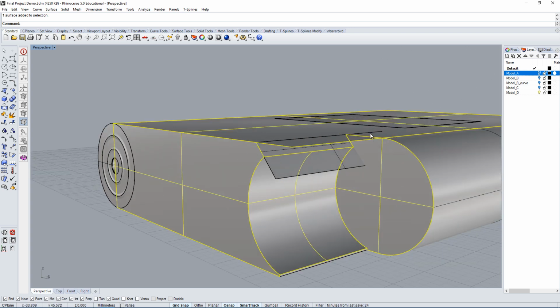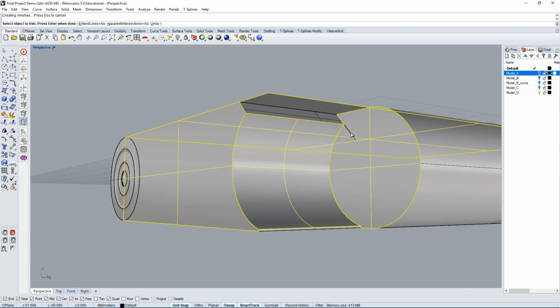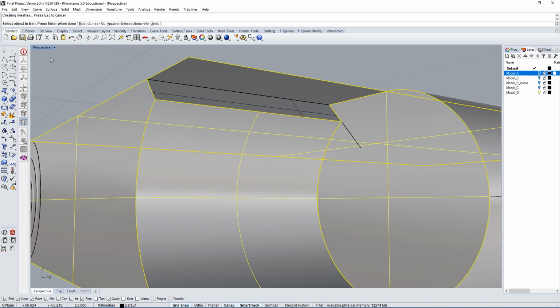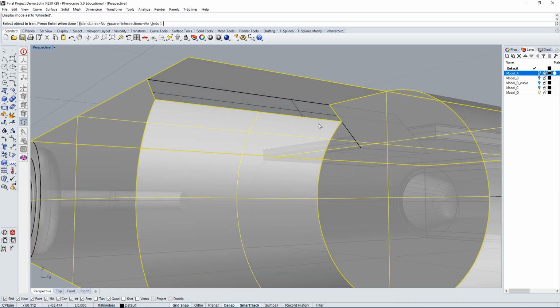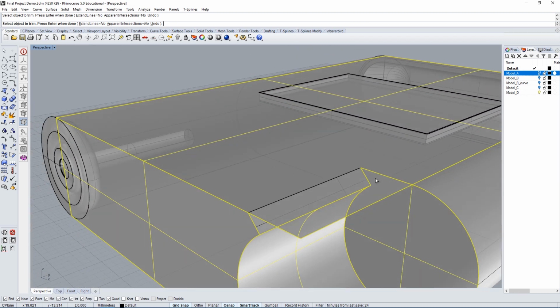But I think we're almost there. All we have to do is trim a few surfaces, and it seems to be working. But here, going through the object, you can see that there's still a piece of that surface because of the surfaces that we used as trimming tools. But yeah, it seems to be working now. So sometimes you have to trim and untrim to be able to get better results.